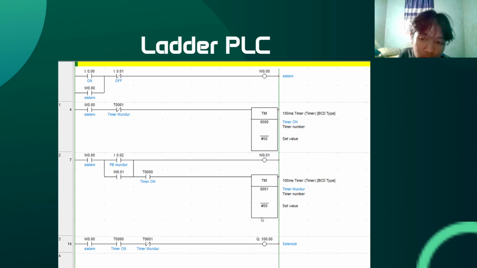In this module we're gonna control pneumatics, with input and output, and make sure the actuator can go down or go up.